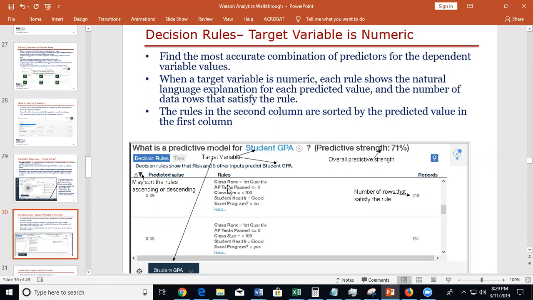210 students whose class rank is the first quartile, and then here this is the number of AP tests passed and the class size. So basically this is a profile of a student, and this is their average GPA, right? So a student who falls under this profile has this average GPA, okay? That's how you interpret the rules, and this is the predictive strength, right? So